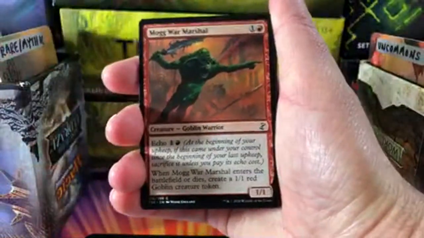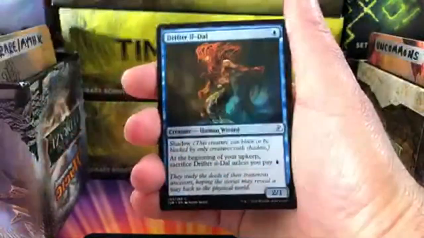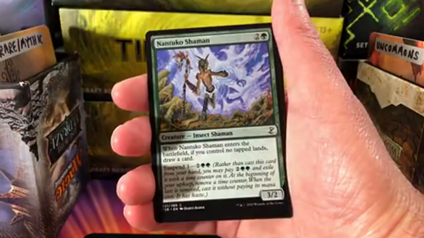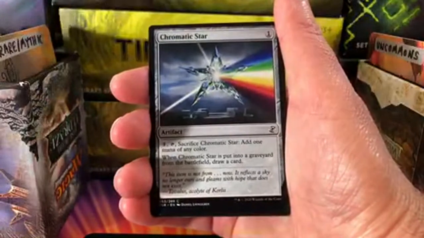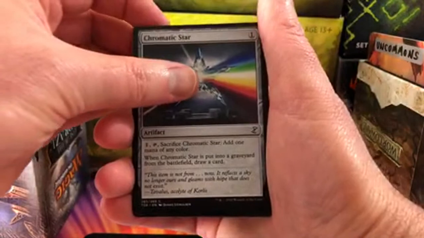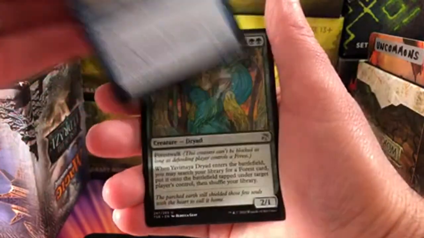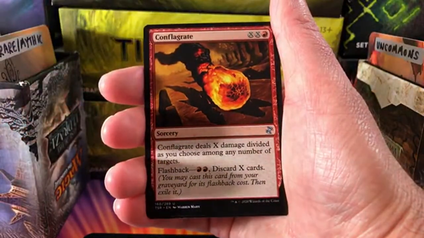Okay, we have a Mog War Marshal creature, Goblin Warrior. Drifter Ildal, Needlepeak Spider, Grave Scrabbler, Nantuko Shaman, Gorgon Recluse. Gotta rearrange my lighting here. I'll get it right one of these days. About there is probably fine. Chromatic Star, Fortify, Dirkwood Baloth, Crookclaw Transmuter, Yavimaya Dryad for the uncommons, Conflagrate,